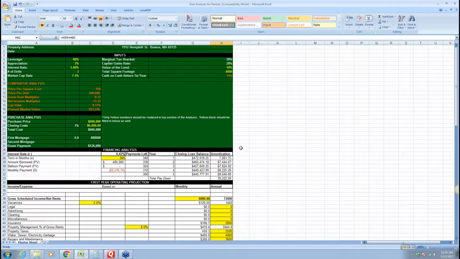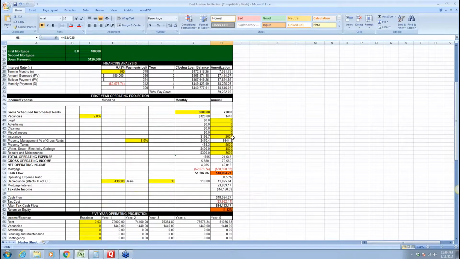So one of the last things to point out, arguably most important for some people, is your cash-on-cash return in your first year. In this example, we have 14%, which is actually really good. Again, this is a hypothetical example. Basically, that's the amount of money that you put into this investment divided by your annual